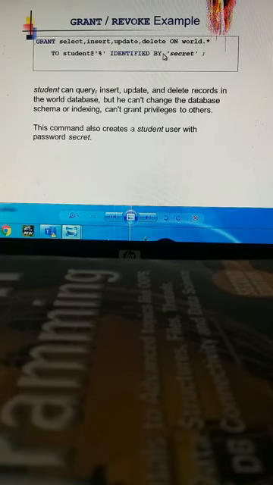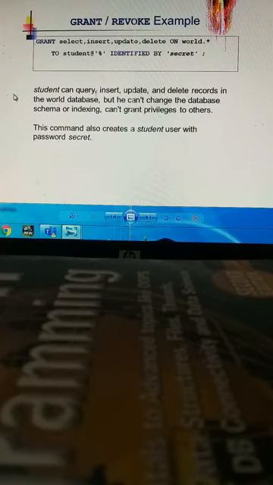If we want to provide all the permissions, then we can write grant all on object name to username identified by the particular option or keyword.